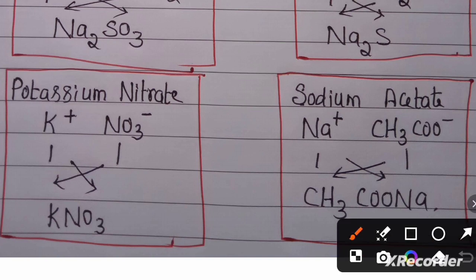For example, if you want to write the formula of ammonium sulfate, ammonium ion formula NH4+, sulfate formula SO4 2-. So the valency of ammonium ion is 1, sulfate is 2. By passing the valency by crisscross method, we need to take 2 ammonium ions because the valency of sulfate is 2. So NH4, put a bracket and write 2. And as ammonium ion valency is 1, you just pass it to sulfate. So sulfate ion